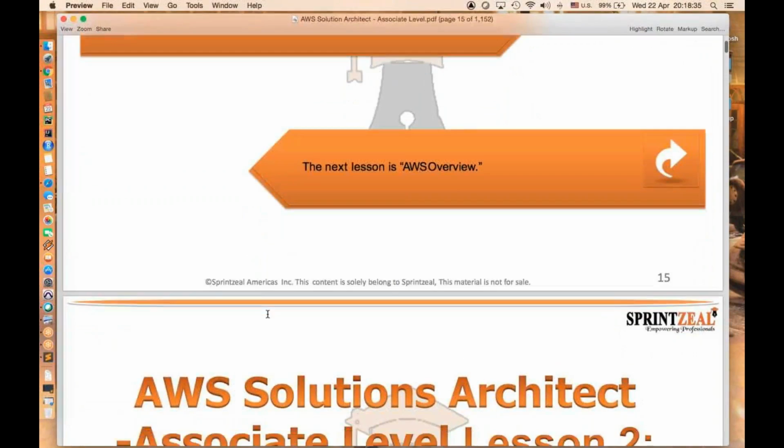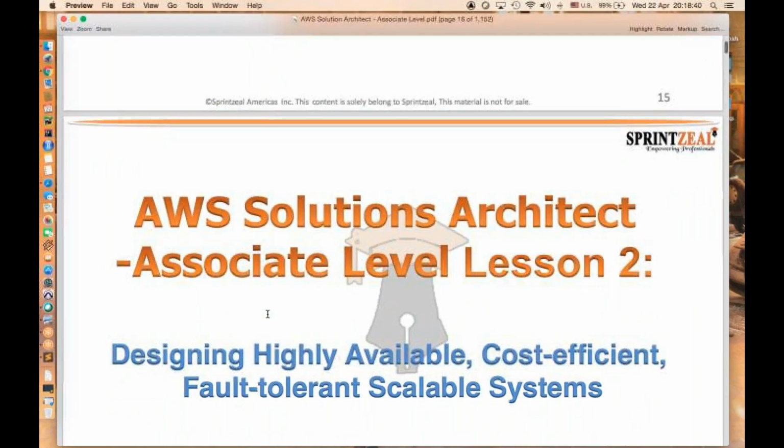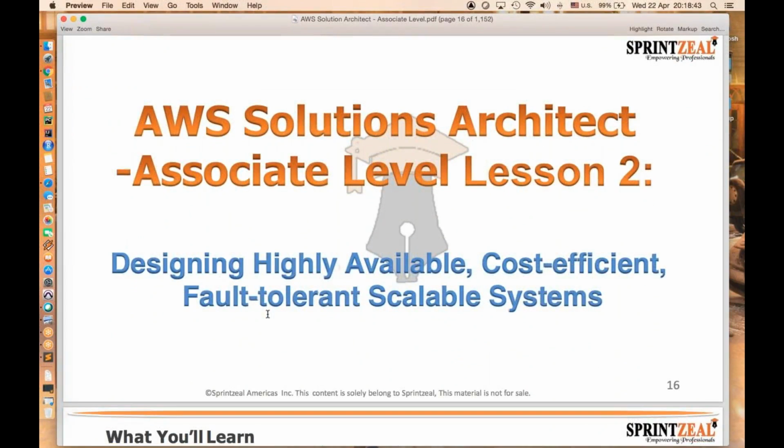So the next session, the first session, we are starting with the AWS overview, and we'll try to understand what AWS is giving here. And okay,